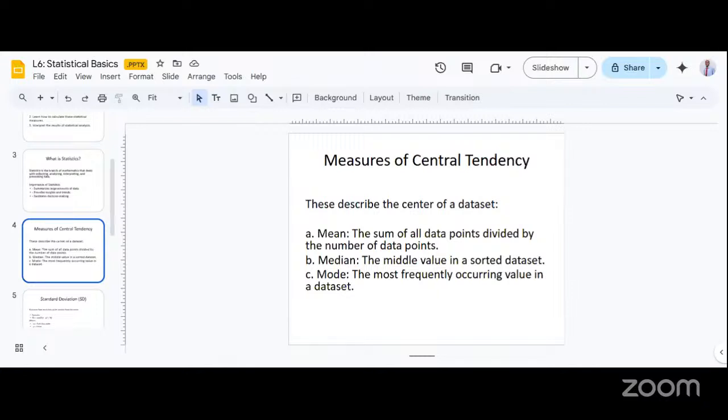But in a case whereby it is an even number, it means that you will have two numbers at the middle. So if we count this, then look for the middle, we have 1, 2 here, and we have 1, 2 here. So the middle numbers here are 12 and 13.